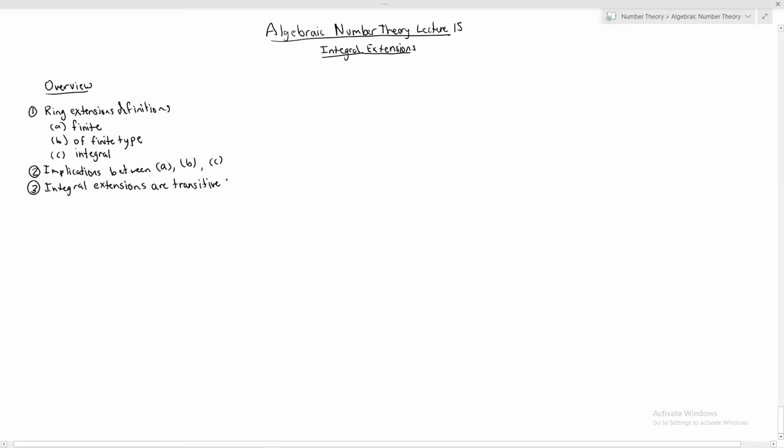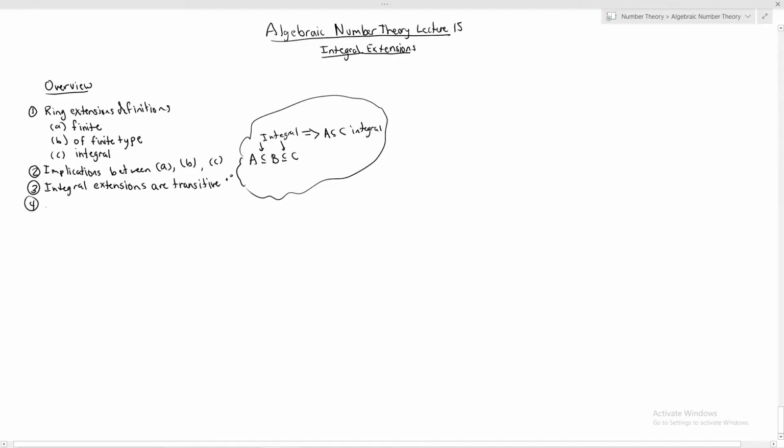In your head, you should be thinking A contained in B contained in C. If I know these two are integral, that implies that the big containment A contained in C is integral. And I know I haven't told you exactly what integral means, so this should all feel a little fuzzy. And then 4,